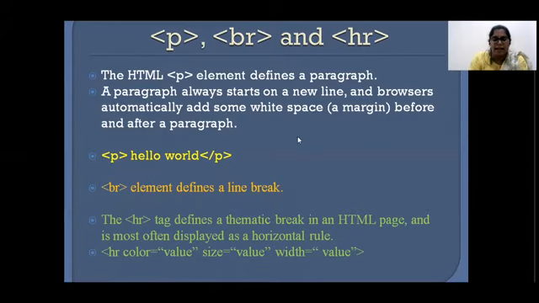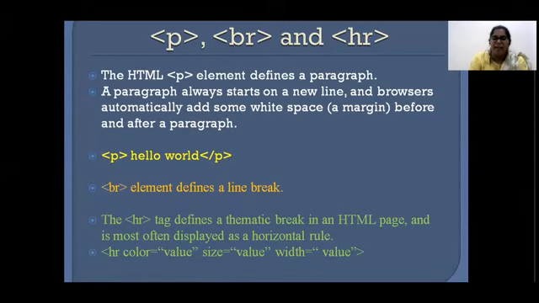The next tag is the HR tag. The HR tag will give us a horizontal ruler. It gives us a line break, and it works as a separator between the content. It has 3 attributes. Attributes are nothing but properties which give more beautification to the tag. I told you already, HR gives us a horizontal ruler, a line.